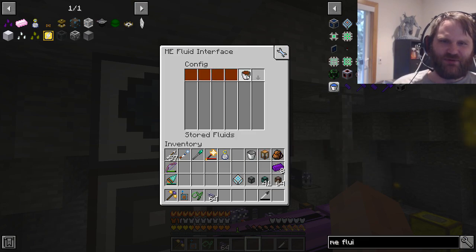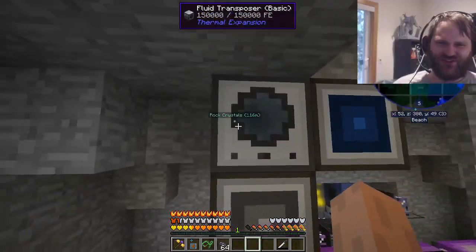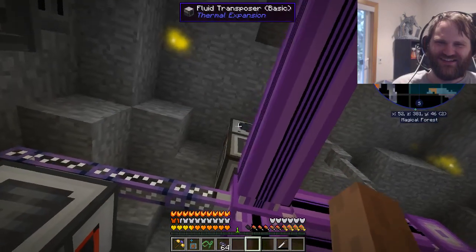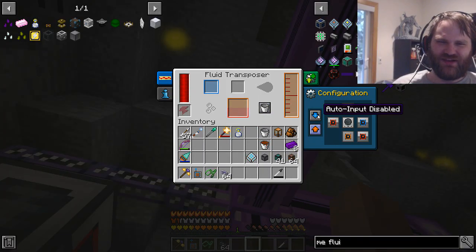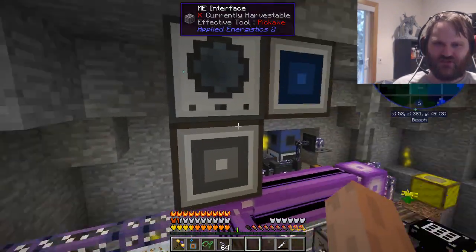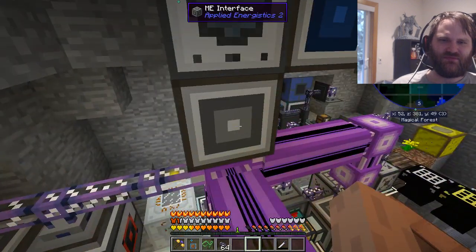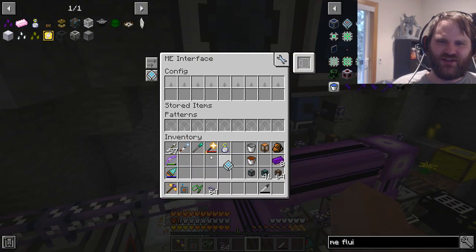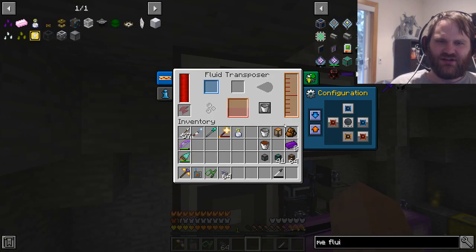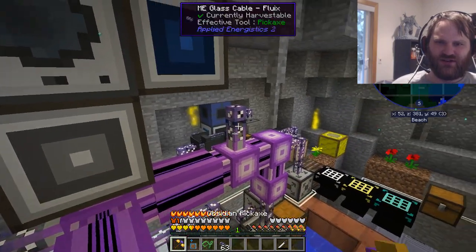You know what? Yeah, here we go. We have all 6 slots as sewage, so it's guaranteed to pump out eventually, right? Yeah, exactly. Alright. Auto input enabled. So now, I have to set up an export. Do I even need an export bus? No, I think I actually just put this card in here. And so it theoretically